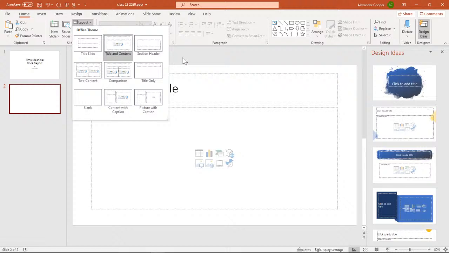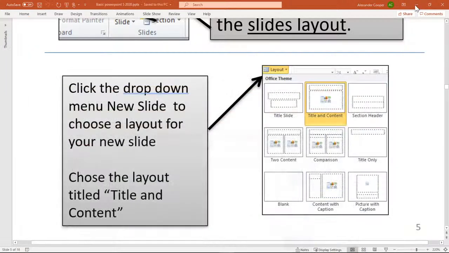Again, when we mess with these later, you'll see that if we change the slide layout, it will be affected differently by the theme, okay? So if you've ever worked on a project, changed the theme, and then one of the slides did not look the way that you expected it to, maybe you need to change the slide layout to the one that you thought it was going to be, okay? So it's about the best way I can describe that. In a minute, we'll do that, and we'll all be on the same page about that.